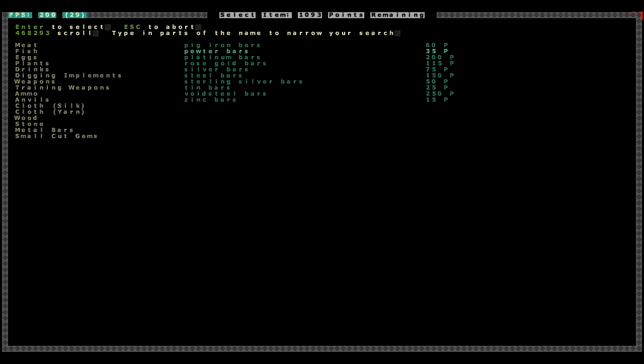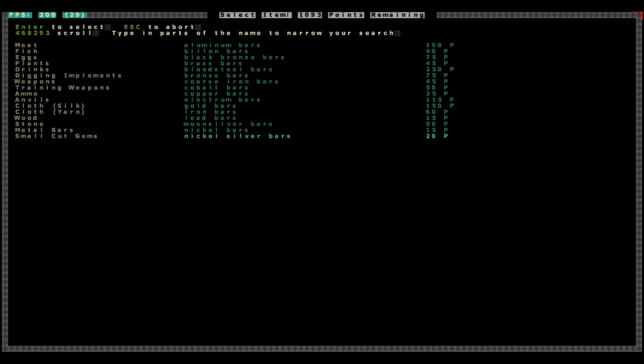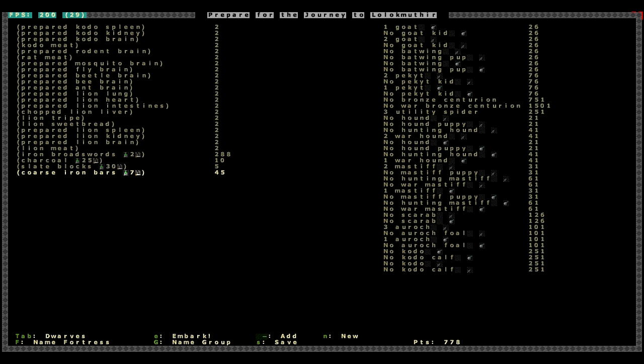Oh, wow. Let's go with iron. You have pig iron, coarse iron. Yeah, coarse iron bars. Let's take coarse iron. Actually, iron bars. Probably. Coarse iron's better. Let's take coarse iron bars, and we're going to take 30 of those, which would get us set up. Actually, we can't take 30. Let's take 20. And we'll spend the rest on, let's see, we have 190, so let's grab one